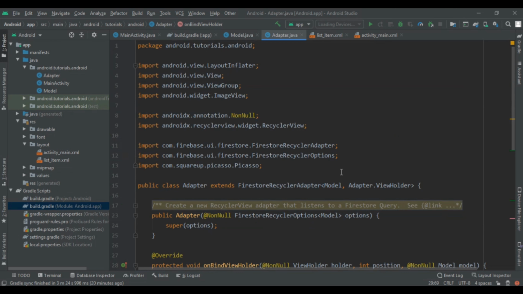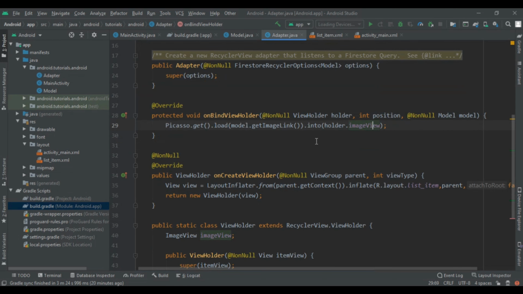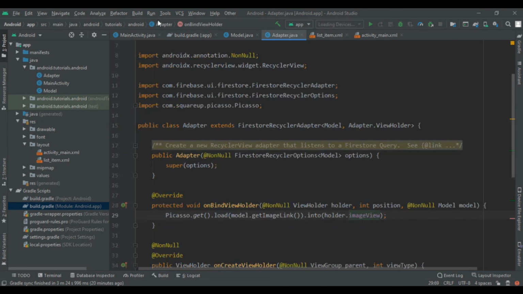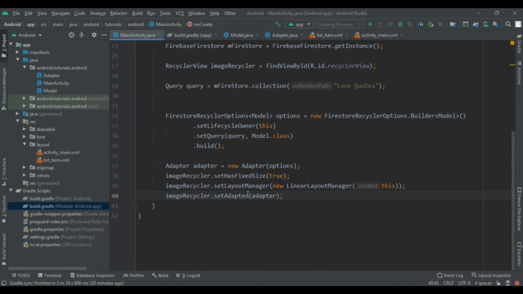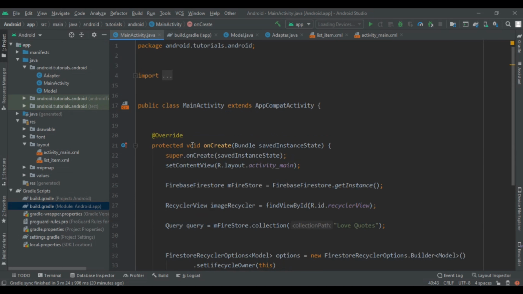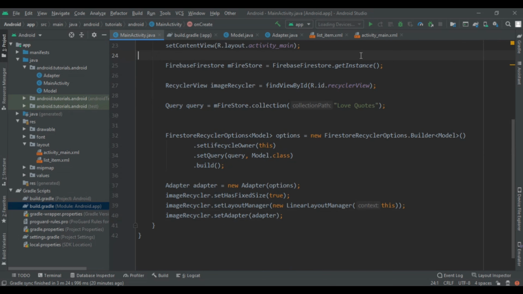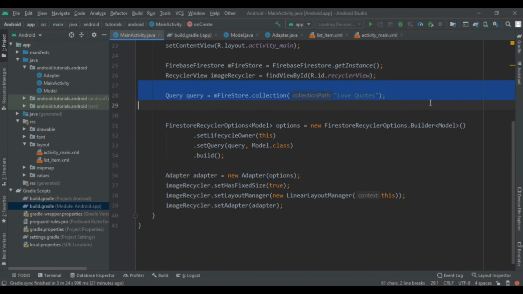After that we are going to get the image from our Firebase to our Android application in recycler view, but we will have to attach it to the main activity. So here in our main activity I had created the getInstance for our Firebase Firestore, then the casting of the recycler view and query the collection. So here you have to change your collection name. Here I am going to write images, and after that, so here is a spelling mistake.